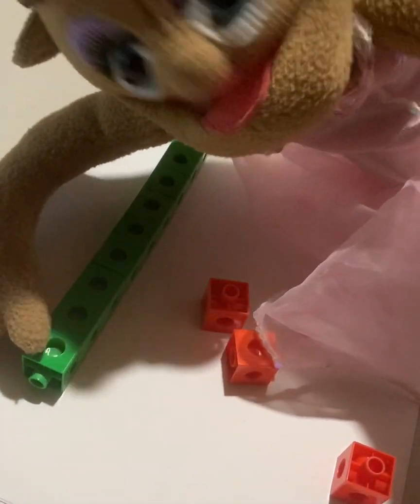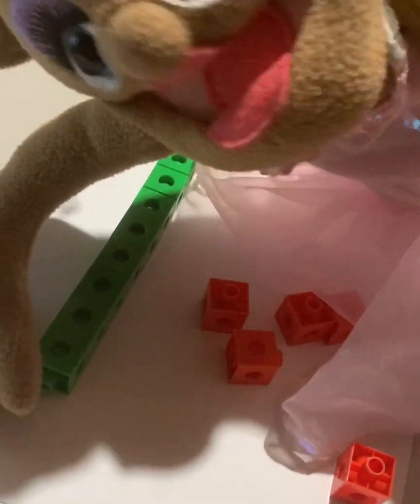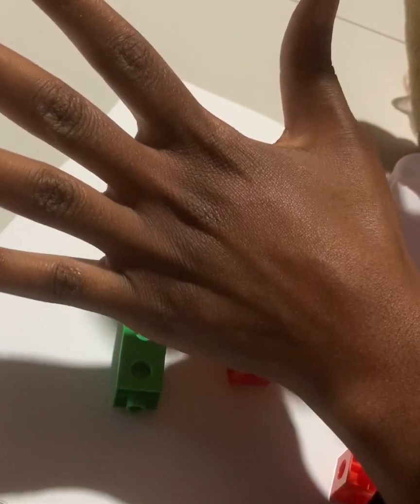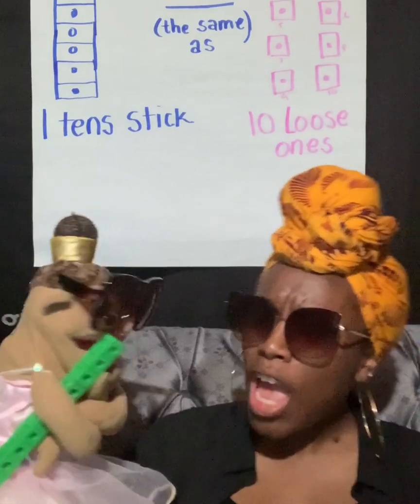Hold on, wait a minute, stop right there. What if I wanted to count like this instead? 1, 2, 3, 4, 5, 6, 7, 8, 9, 10, 11, and 12. Okay, Brooke, calm down, listen up. I'm so glad you mentioned that again.